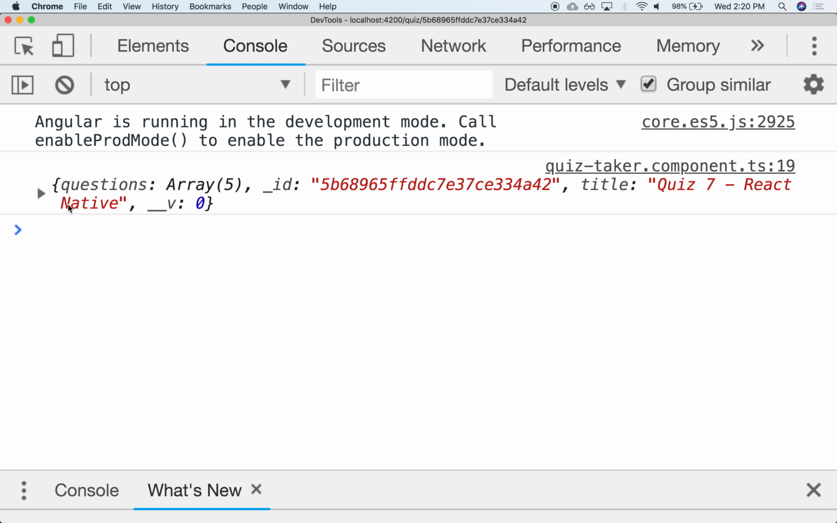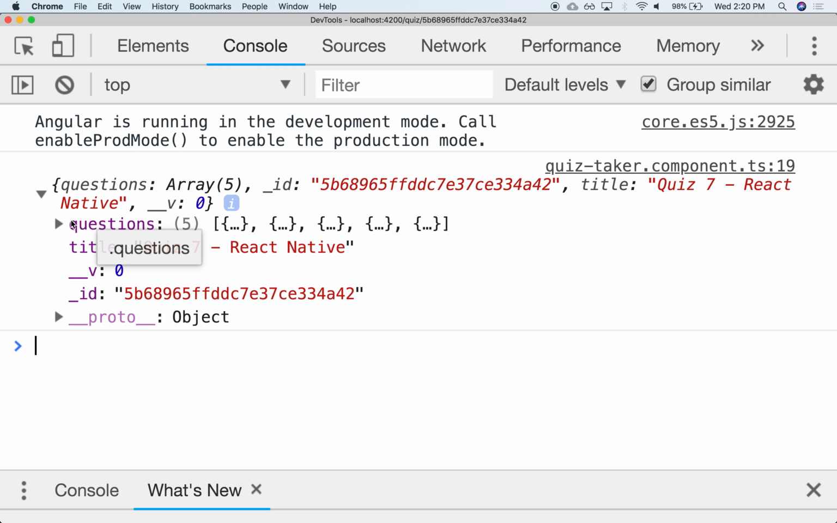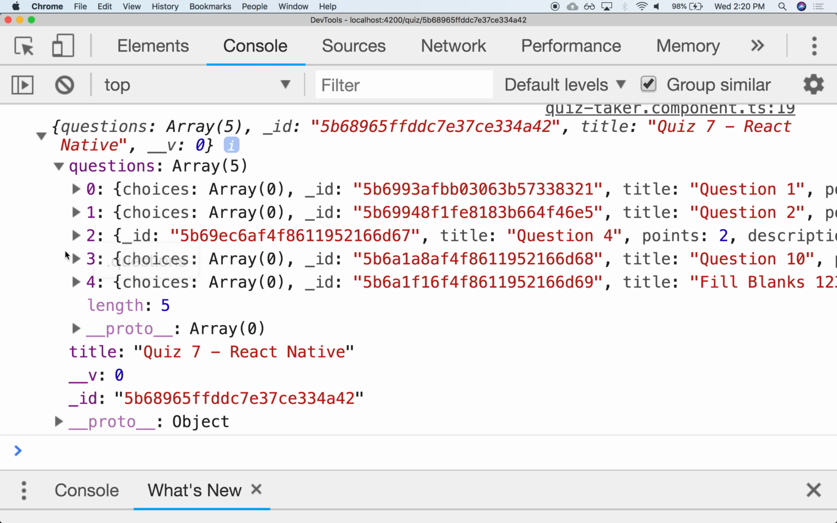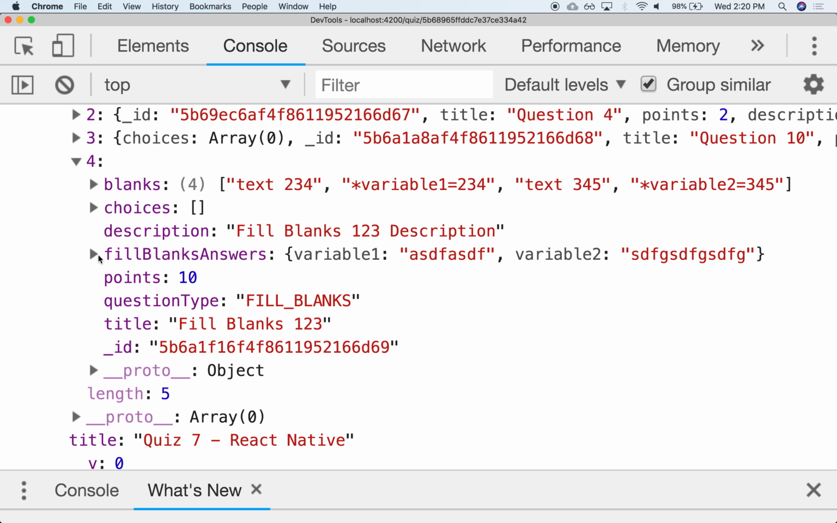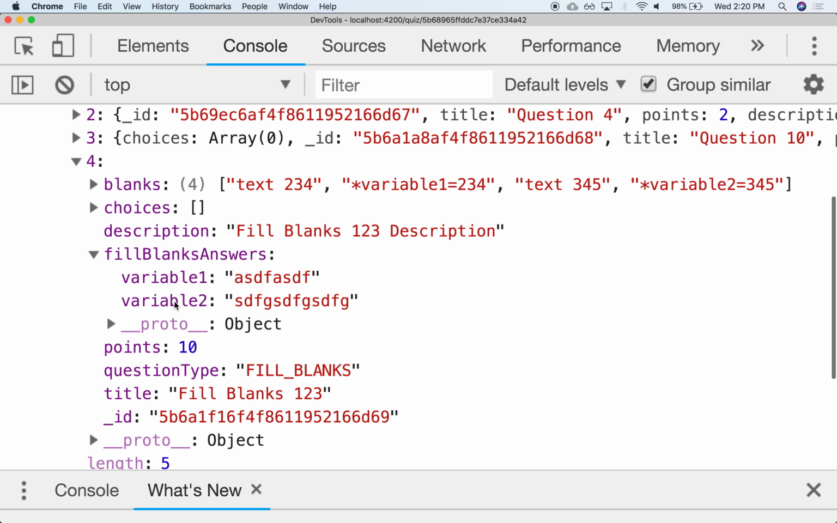There it is, my object with all the questions, and I believe it's the last question. It's this one right here. And indeed, notice that my fill blanks answer map is there with variable 1 and variable 2 as the keys to my map, plus all the values that I typed, the dummy values that I typed. Make sense? So basically, I have enough information to send over to the server and say, hey, this student, presumably somebody who's already logged in, for this particular question, these are the answers they gave for these variables,